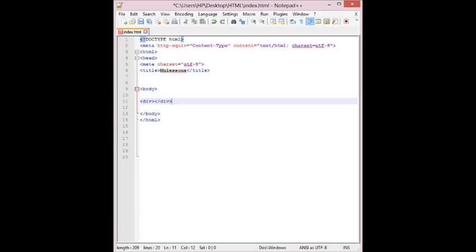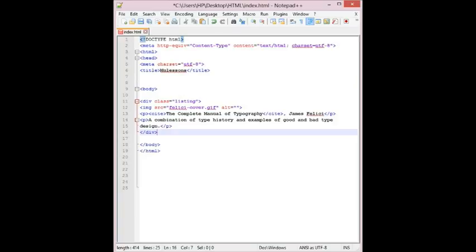So let's look at an example of the div element. In this example, a div element is used as a container to group an image and two paragraphs into a product listing.